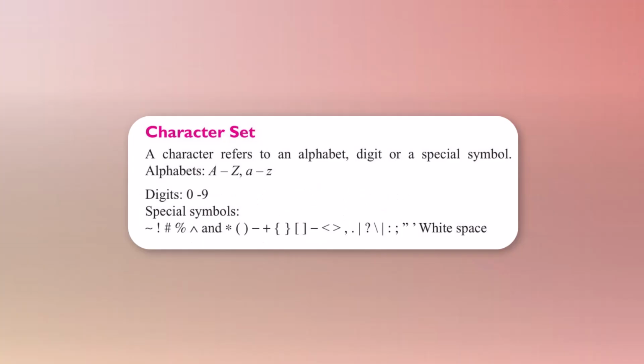In each and every programming language, the character set actually refers to an alphabet, digit or a special symbol. For example, alphabets A to Z, small letter or capital letter, digits from 0 to 9, special symbols like tilde, hash, percent, to the power, bracket, and all the white spaces. All these are character sets in a